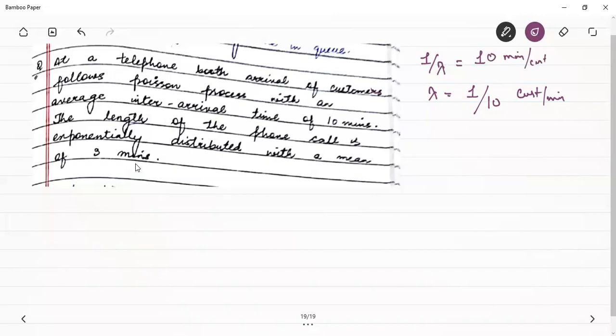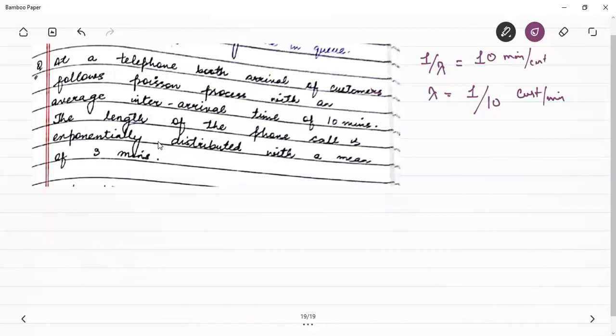3 मिनट्स लगते हैं सर्विस को, दैट इज फोन कॉल में कितना टाइम लगता है, 3 मिनट. तो 3 मिनट के बाद दूसरा कस्टमर का सर्विस होगा. ओके, एक कस्टमर आ रहा है, वो 3 मिनट कॉल कर रहा है, उसके बाद नया कस्टमर 3 मिनट के लिए कॉल कर रहा है. ठीक है. So again read the statement, the length of the phone call is exponentially distributed with a mean of 3 minutes. Okay, length of the phone call.